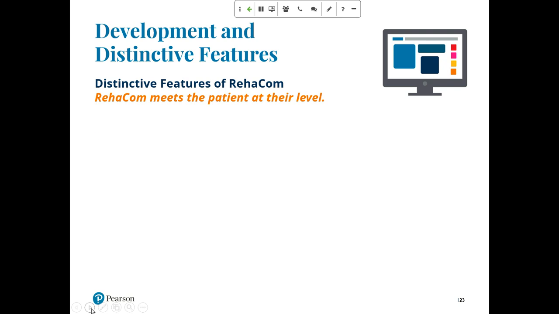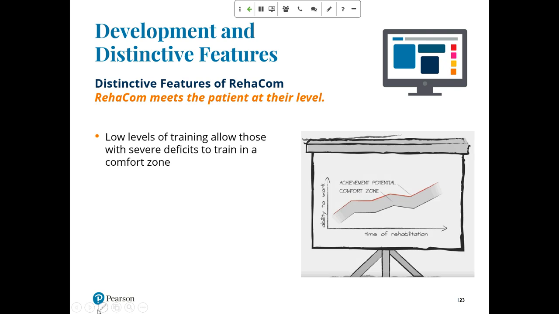So those lower levels of training are really important to patients that have severe deficits. It can be helpful for them to start. And I know it can be so frustrating for family members and loved ones to say, there's nothing that can be done for my son, daughter, husband, wife, relative, because they are so severely injured. Nothing is going to be helpful. And the answer is, this does go down to a pretty easy level,